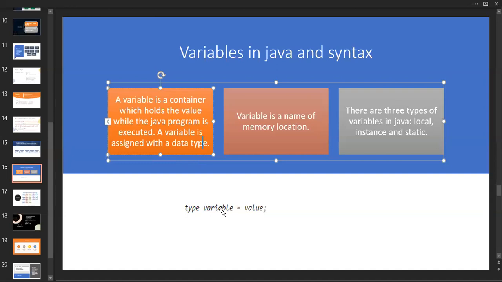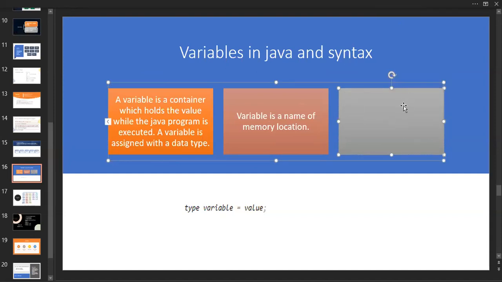Inside Java, it is essential to say which type of variable you declared in the program, whether it is primitive or non-primitive. Now, a variable is the name of a memory location. Think of this as a box.